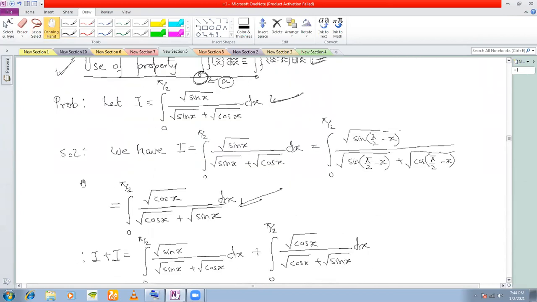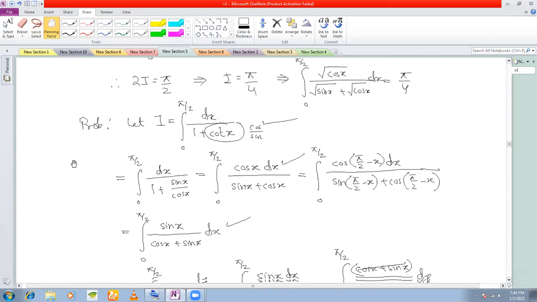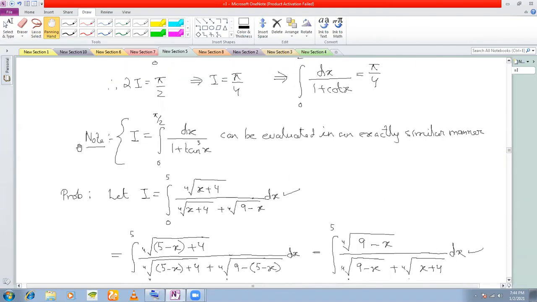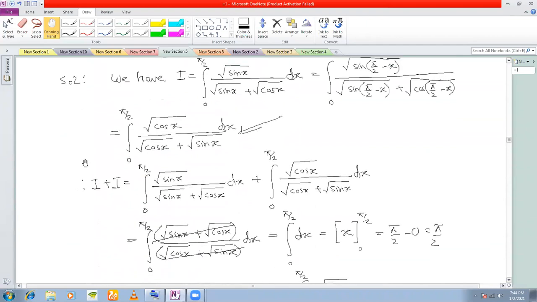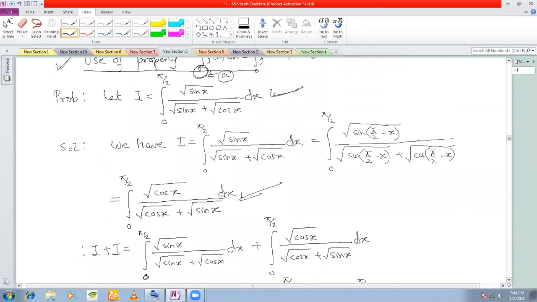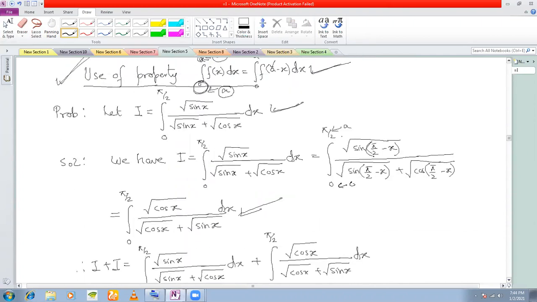Yes, sir. So in this case, see what I had done. What I had done in this property is that I had taken the limits 0 to pi by 2. And in this case, what did I do? In the first step, I took pi by 2 minus x, because this was a and this was 0, right? But here, in this sum that I am giving you, see what is the difference? Here the upper limit was pi by 2 and the lower limit was 0.